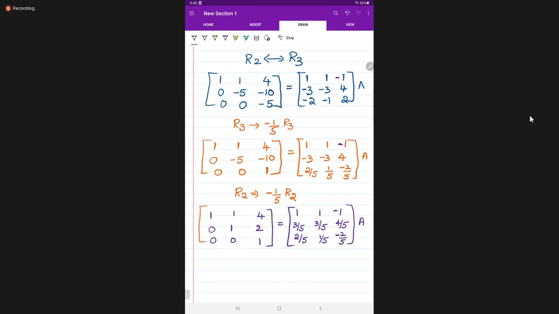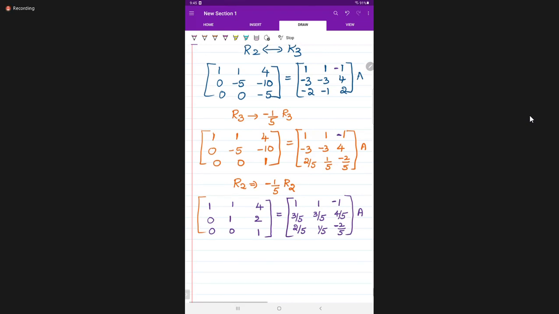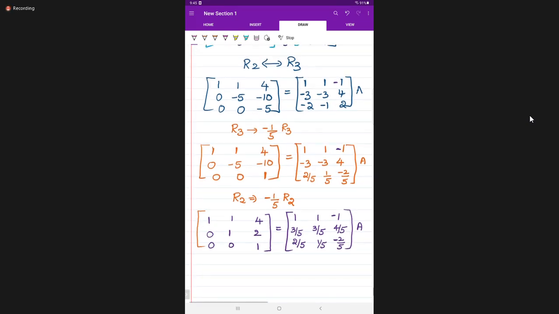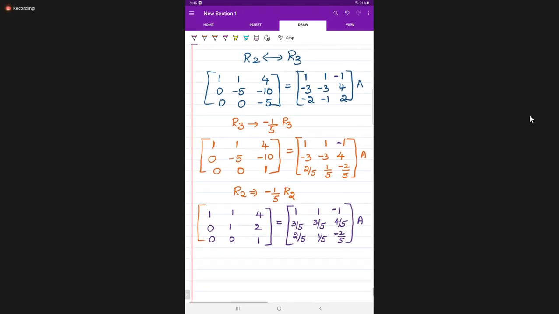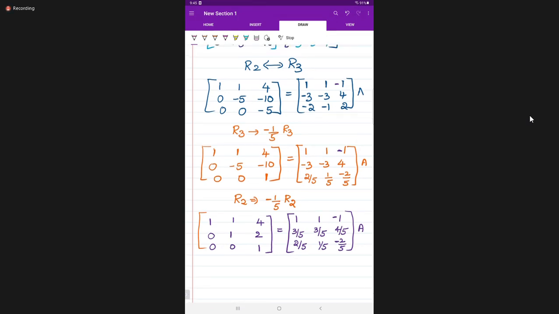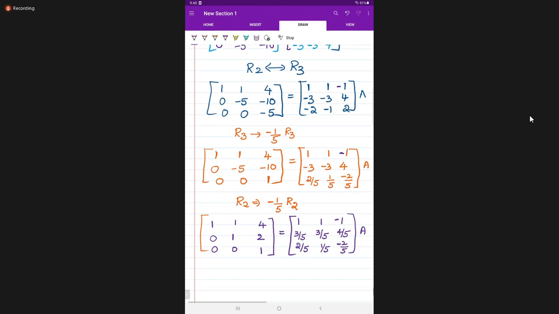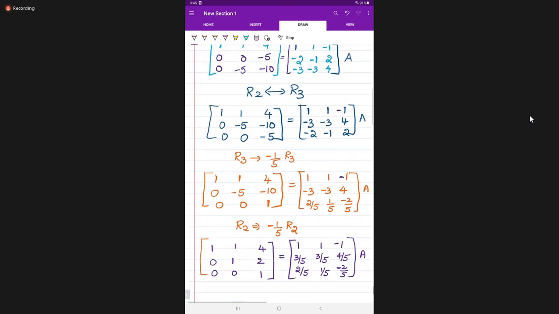Next row, what to write here? So second row, last element is 2. Make it as 0. And this one, it's minus 4 by 5, right? Which one, ma'am? Minus 4 by 5? Why is it minus 4 by 5? We are not applying row 1. A inverse 3 by 5, 3 by 5, minus 4 by 5, right? It is plus 4 only, no? Ma'am, but we are dividing it by minus 5, no?